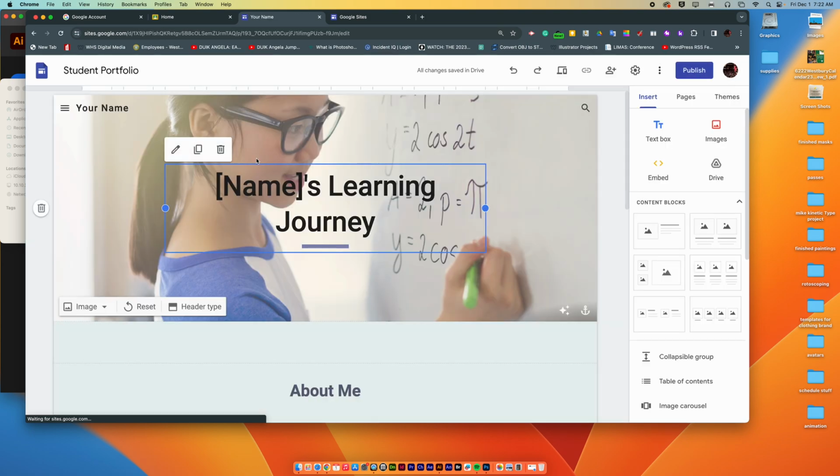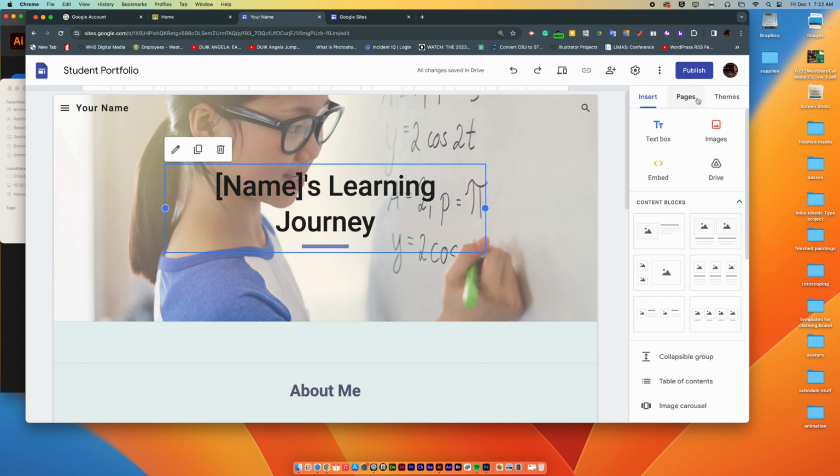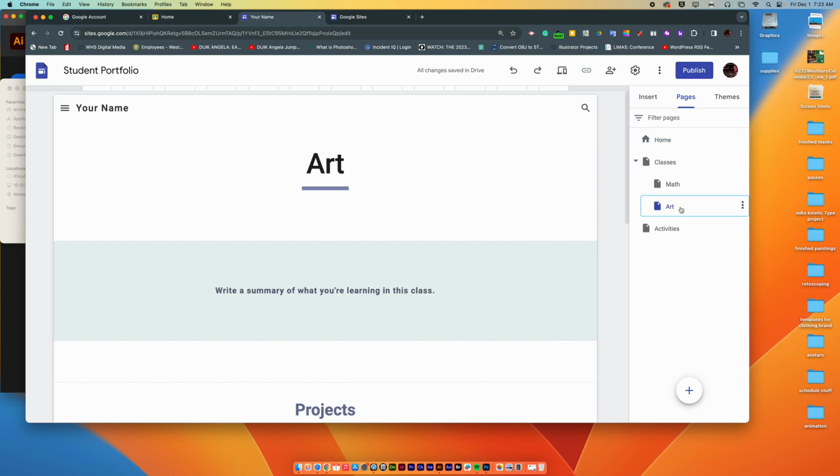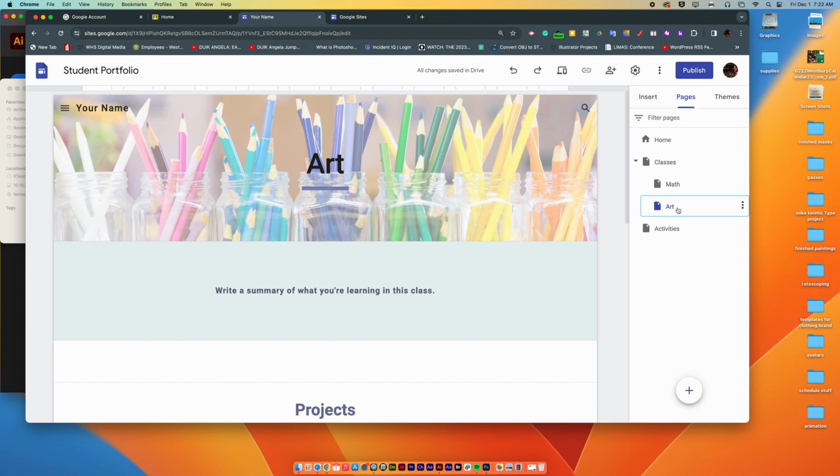You're going to see it looks like this. What you want to do first is over on the right-hand side where it says Pages, you're going to click. And from there, you'll see you have a home, you have classes, and you have activities. If you click and flare open the classes page, you will see that you have one that does say art. So what I want you to do is click on the one that says art, and then once you get there, on that main page, what you're going to do is